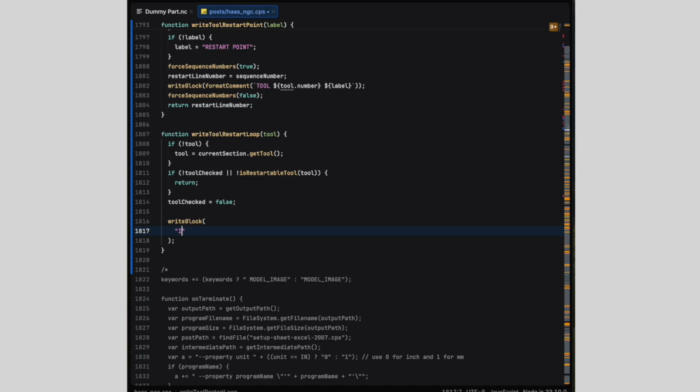We can start writing the blocks for the if statement based on the flag set in macro variable 2199, but what line number do we use for the goto? The line number that we want to jump to hasn't been written yet.